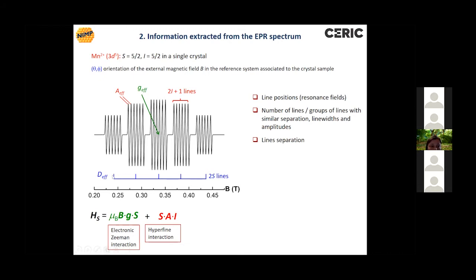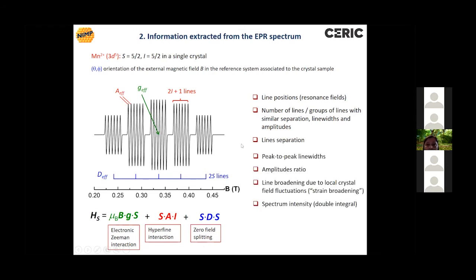It's also an effective parameter which depends on the orientation with respect to the magnetic field. And here we have our spin Hamiltonian parameter. But then we also look at the properties of the lines themselves: the peak-to-peak line width for relaxation, the amplitude ratios, because this gives us an idea of strain effects. And we can also calculate the spectrum intensity by double integrating it